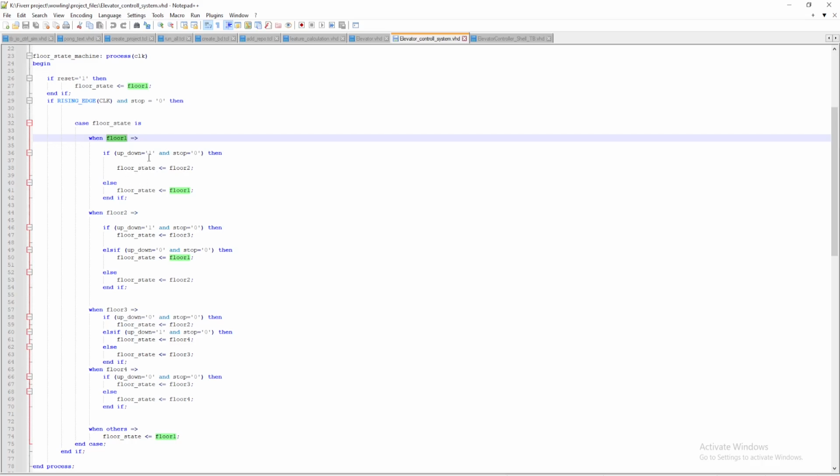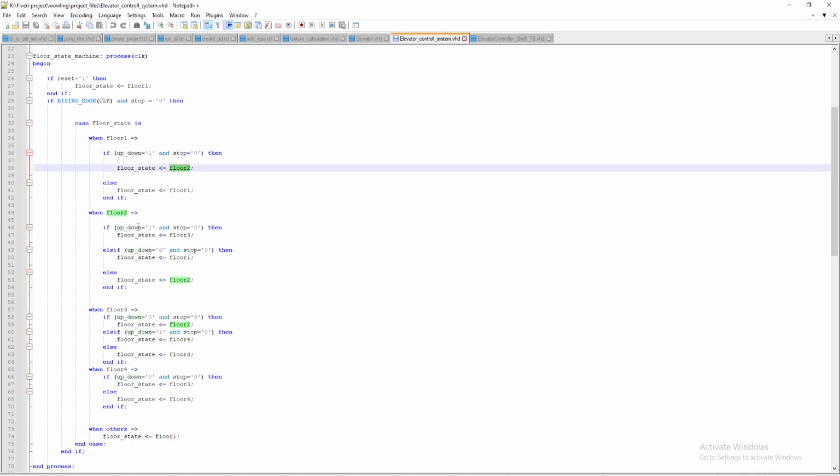Otherwise, if either condition is not met, if up/down is low or stop is 1, it will remain at state floor 1. For example, when up/down is 1 and stop is 0, then it will go to floor